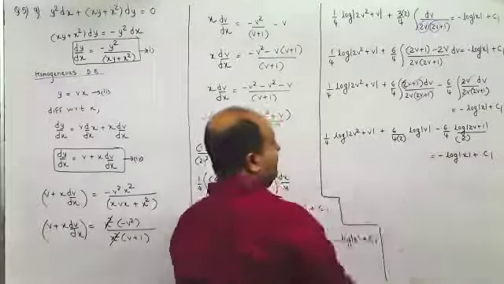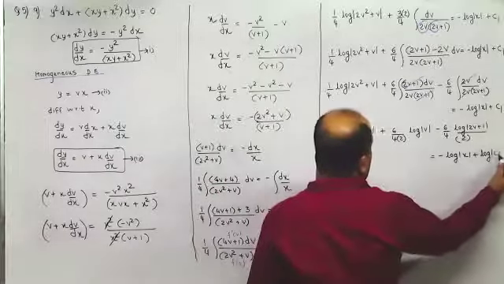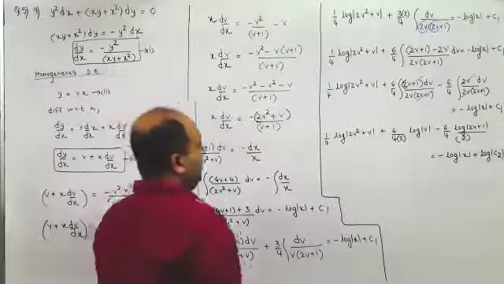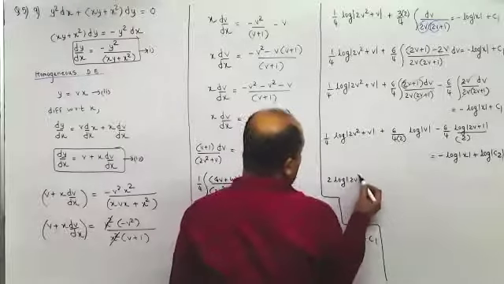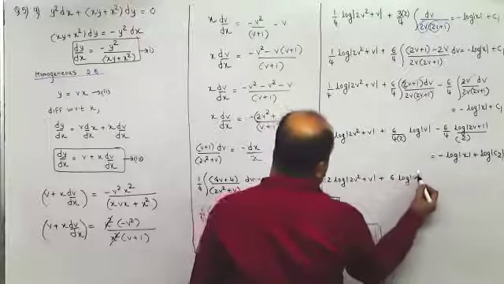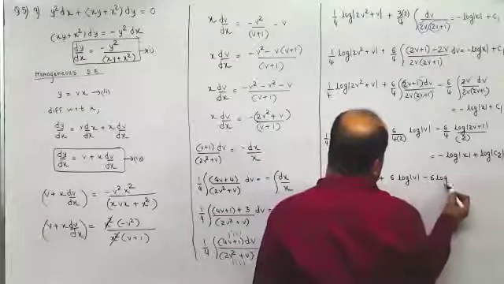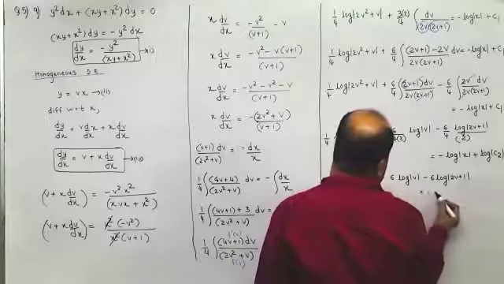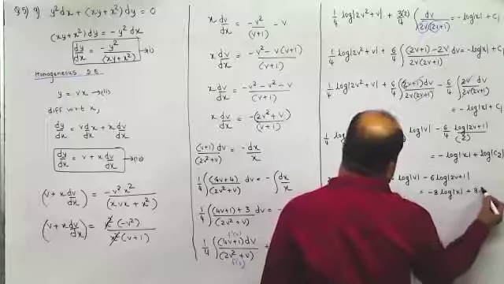Now, since all are in terms of log, I can write this also in terms of log. So here I'll multiply throughout by 8. When I multiply throughout by 8, I get 2 log 2v square plus v. I get 6 log v. I'll get minus 6 log 2v plus 1 is equal to minus 8 log x, and here plus 8 log c2.